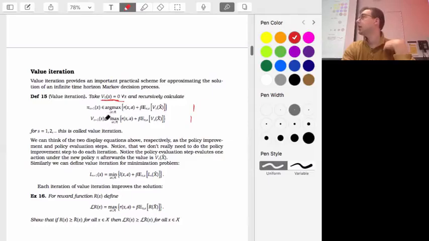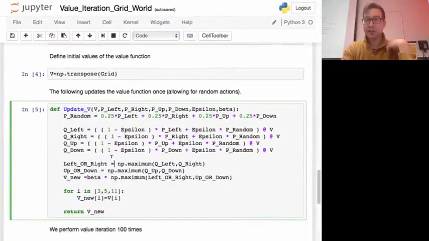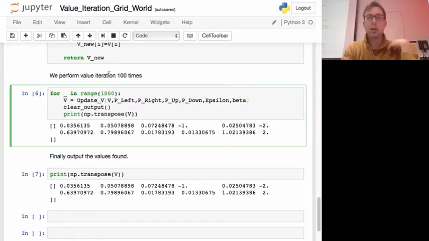I say, here's my old value, do a maximization over the set of actions, and that gives me the new value. And I just do that a whole bunch of times. I update the value function 1,000 times. So we can run all of that.